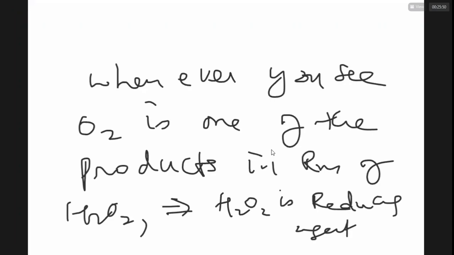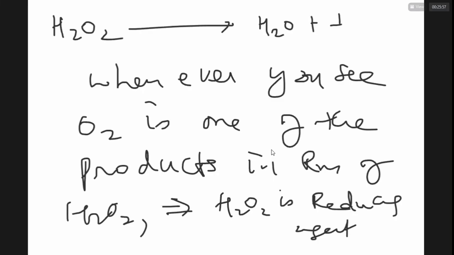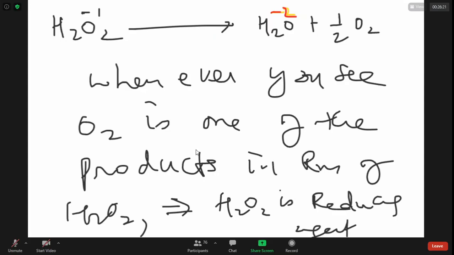Sir, please notice, if you don't do anything, if you simply put H2O2 in a bottle, slowly it will break down to give H2O and oxygen. If you carefully look at this reaction, originally in hydrogen peroxide, each oxygen has -1 charge. The -1 charge of oxygen in H2O2 will become -2. It is becoming more minus. When it is becoming more minus, it means its value is decreasing. It is called reduction.